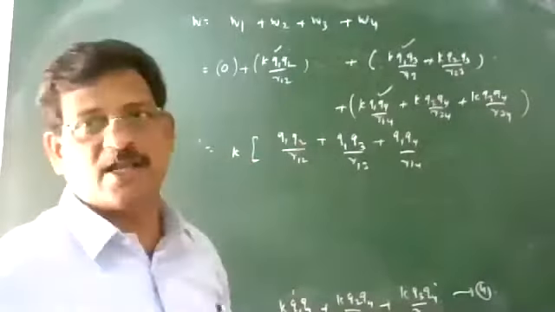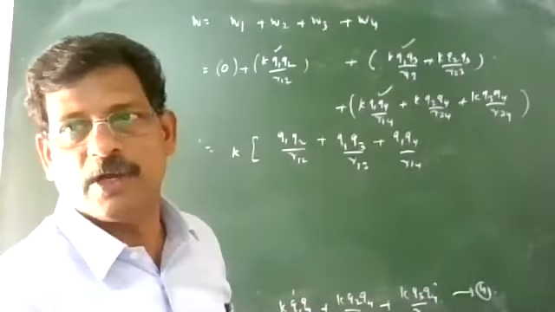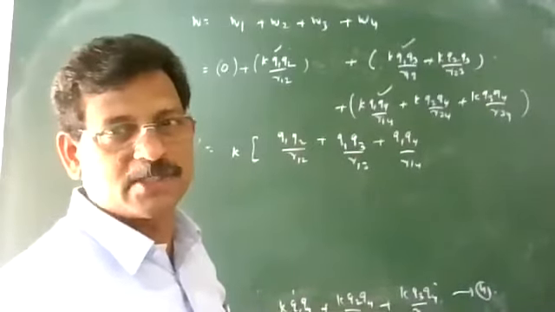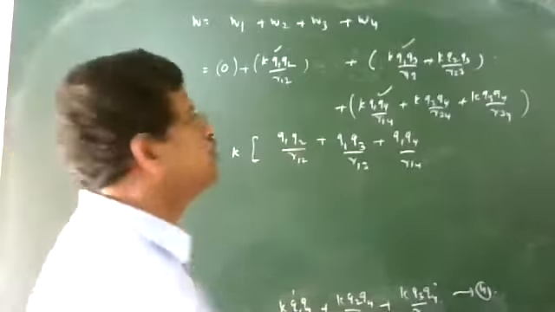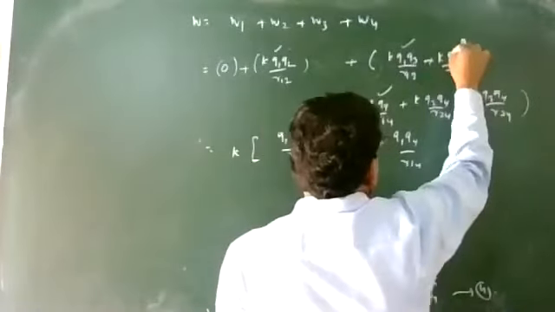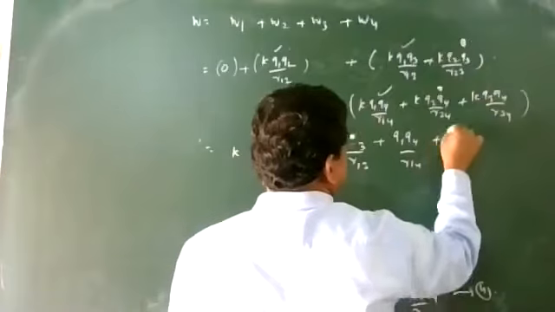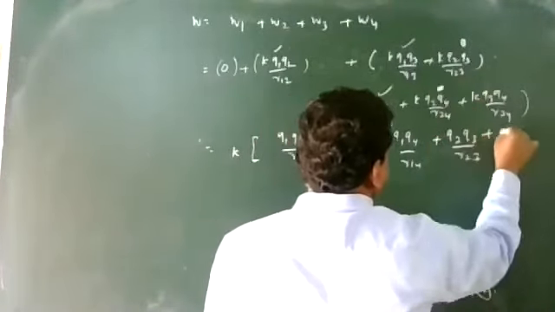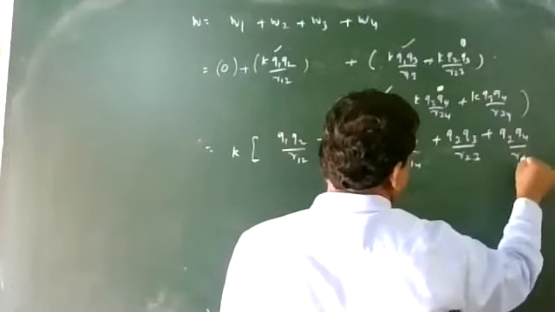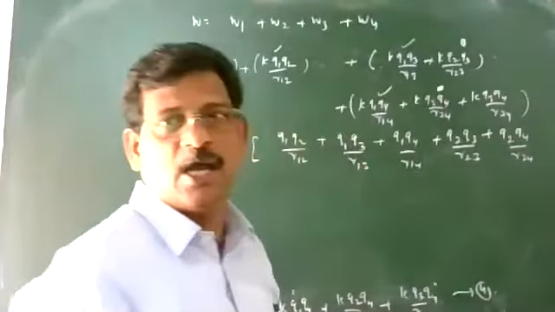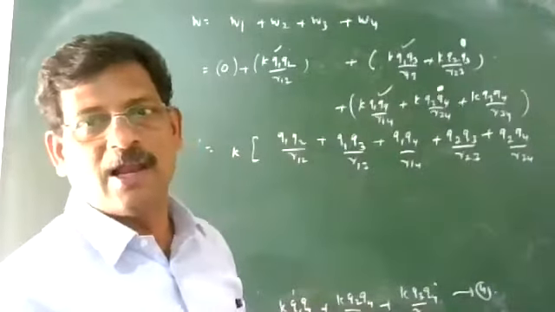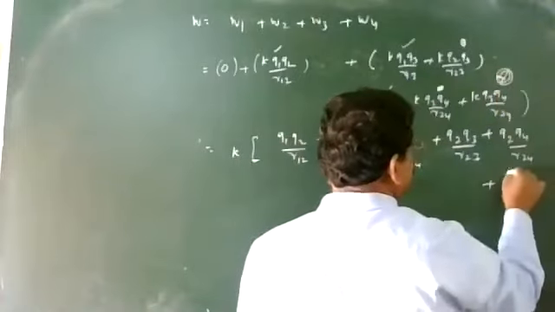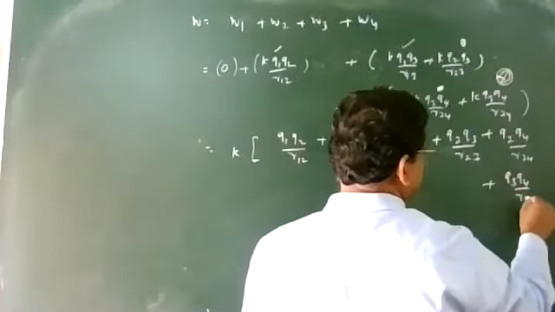So the first one has all the relations over here. First one with all: relation 1 with 2, 1 with 3, 1 with 4, divided by the distance. Okay, now start with 2. That is 2 with 3 and 2 with 4. Q2 Q3 divided by R23. Then Q2 Q4 divided by R24. 2 with 3 and 2 with 4 is done. That also completed. And the last one is 3 and 4. So Q3 Q4 divided by R34.